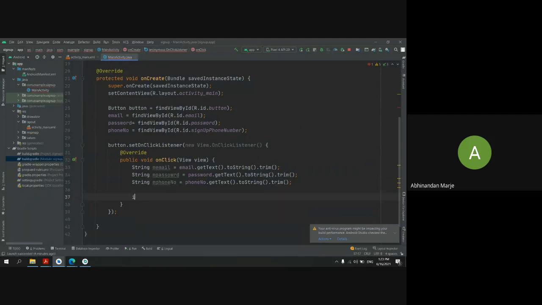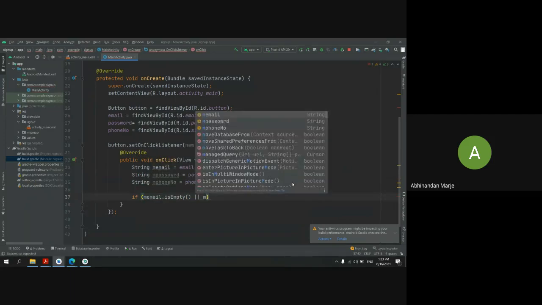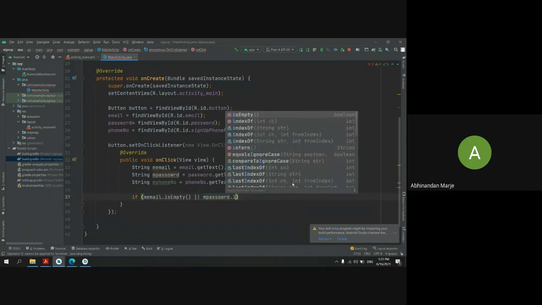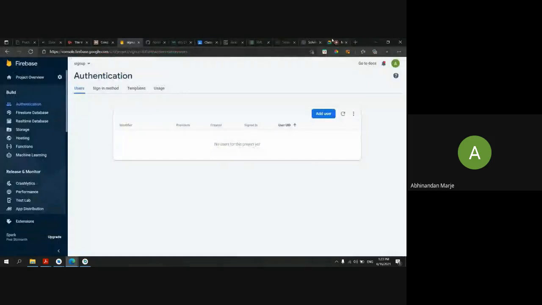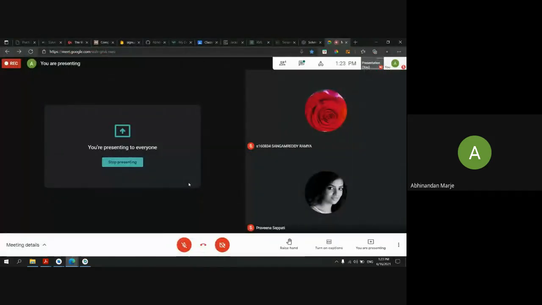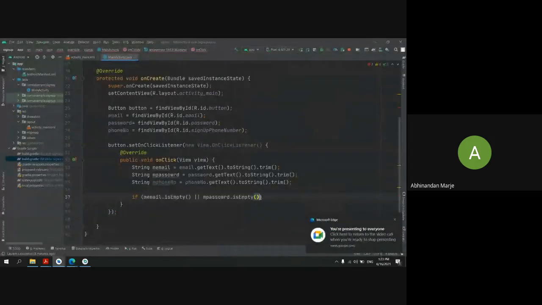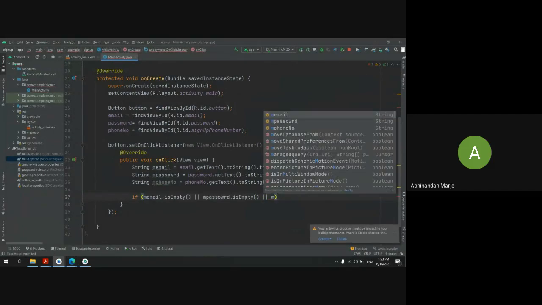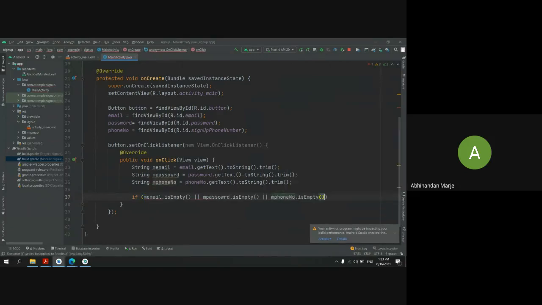First, I want to check if my email is empty or my password, then our existing phone number is empty.